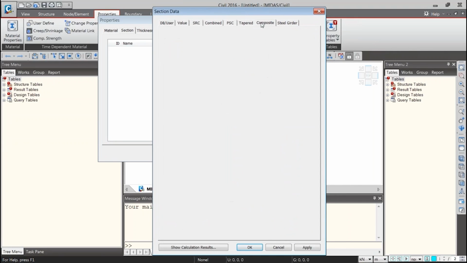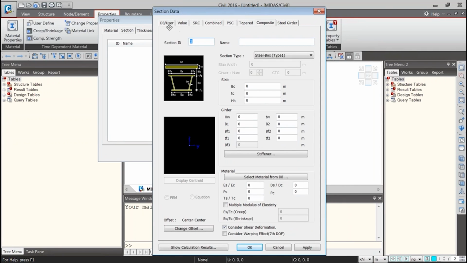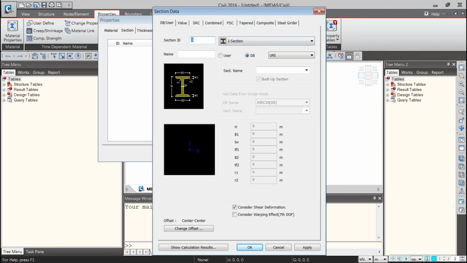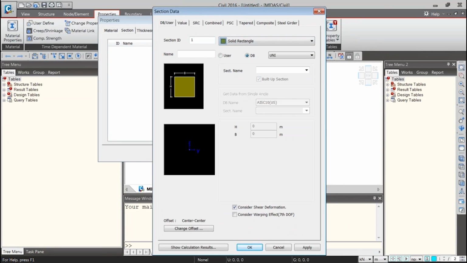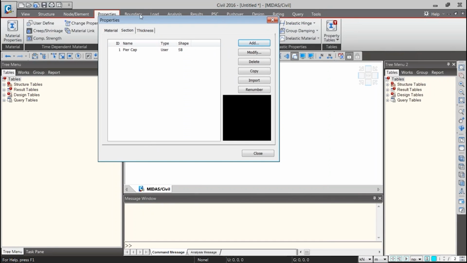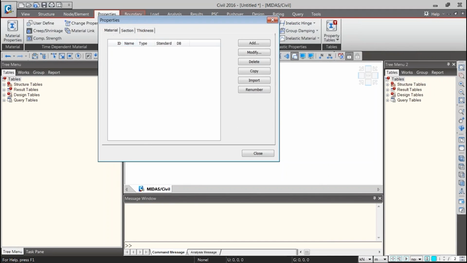So you have composite bridge properties, you add composite bridge properties, you add a rectangular property. So if I can add a solid rectangle property, and this name is spear cap. Similarly, I can add a lot of section properties, a lot of material properties in a similar way.